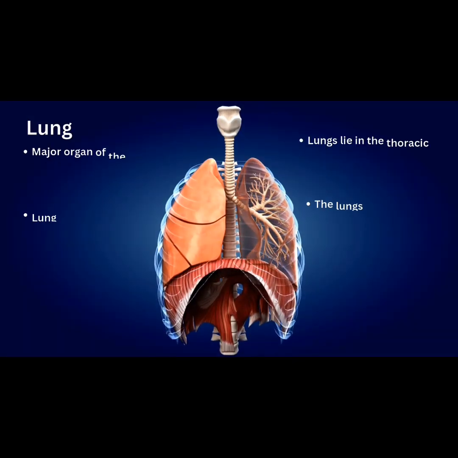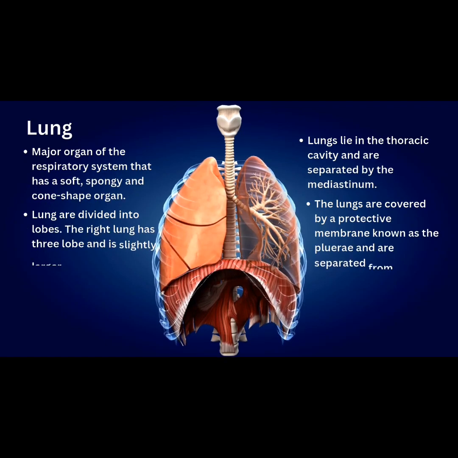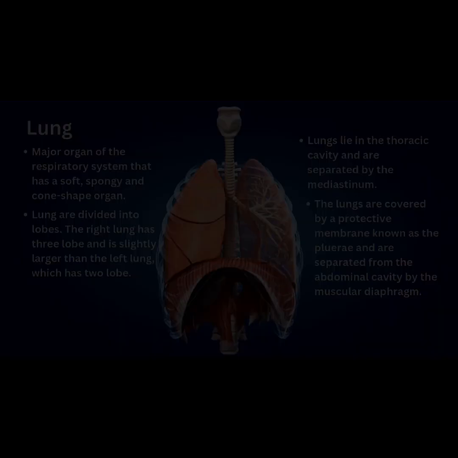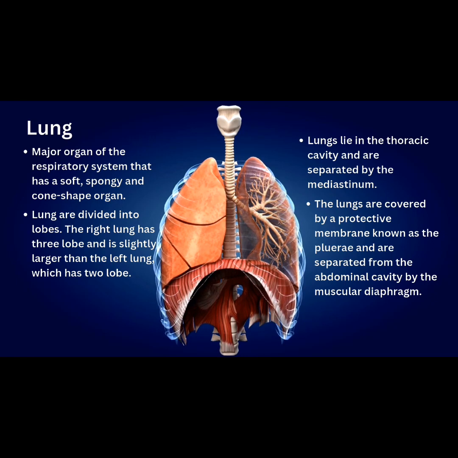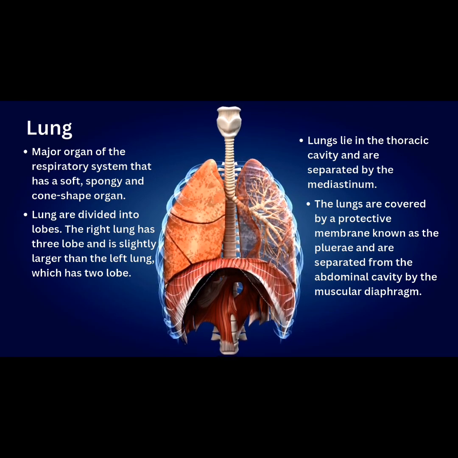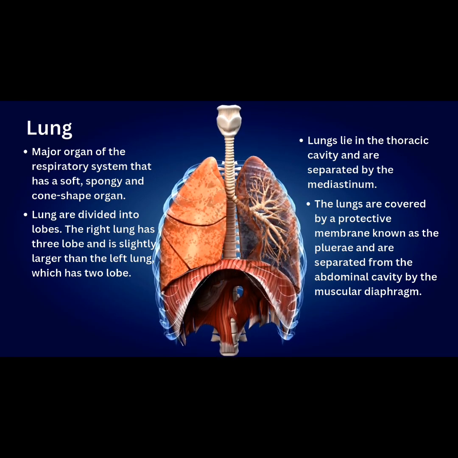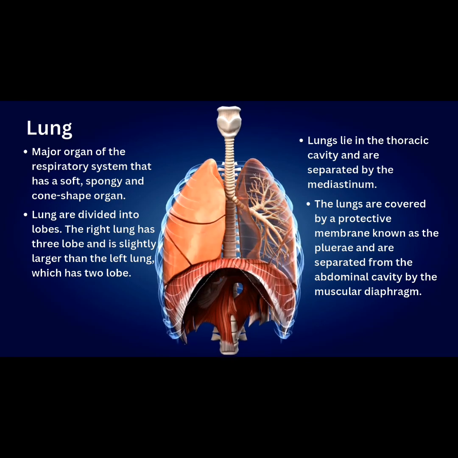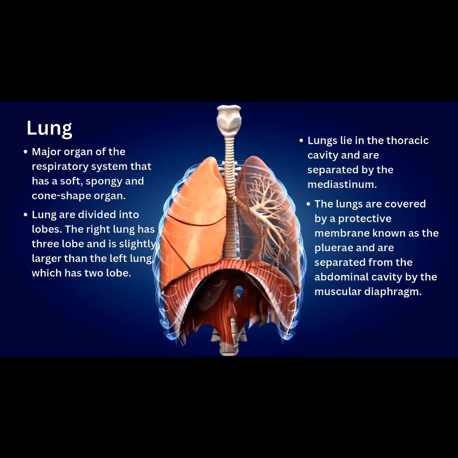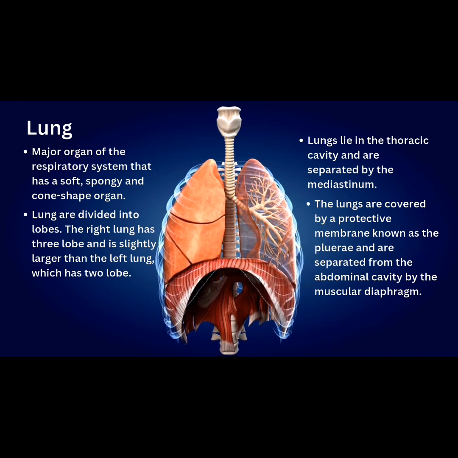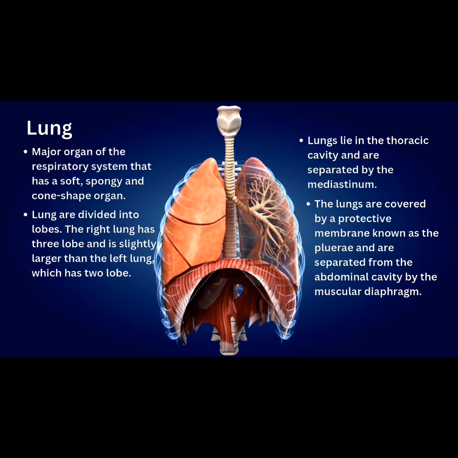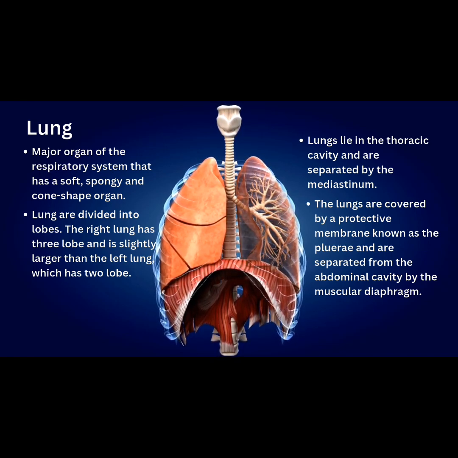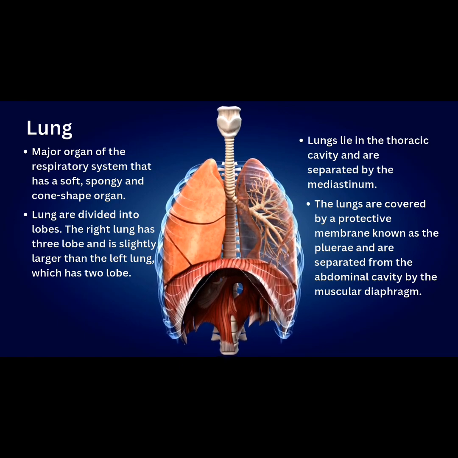The lung is the major organ of the respiratory system that has a soft, spongy and cone-shaped structure. Lungs are divided into lobes. The right lung has 3 lobes and is slightly larger than the left lung, which has 2 lobes. Lungs lie in the thoracic cavity that are separated by the mediastinum. The lungs are covered by a protective membrane known as the pleura and are separated from the abdominal cavity by